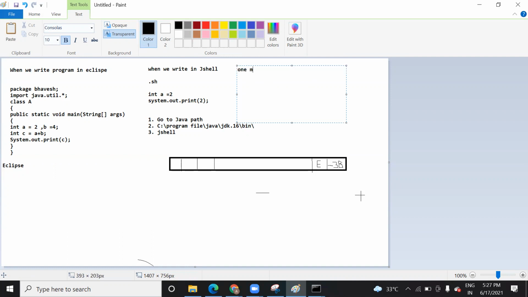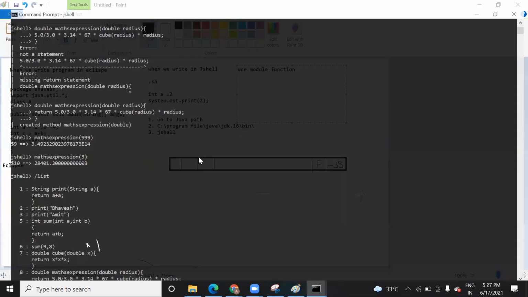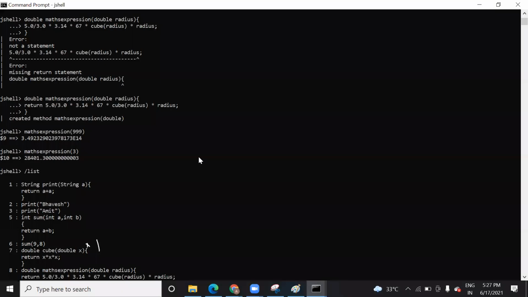If I say I want to test only one module, or only one function, then you can use JShell. It is based on requirement. Both have their own importance. JShell is added in the course so that you get habituated to the command prompt, how to run commands, and how you can run code by code and check it.